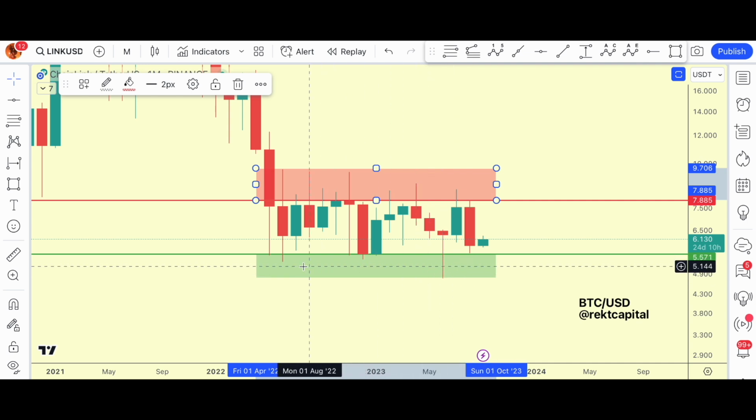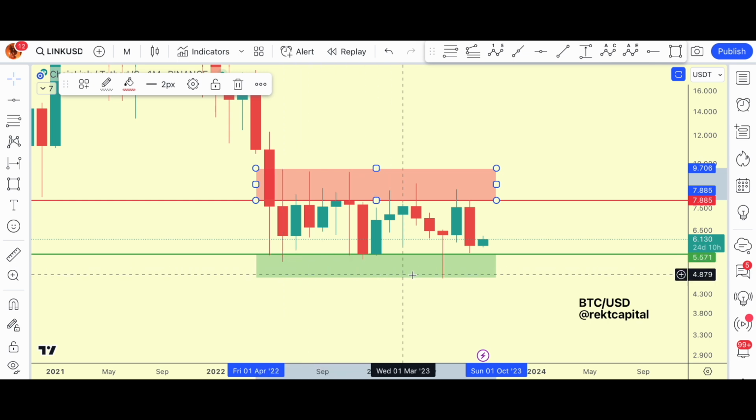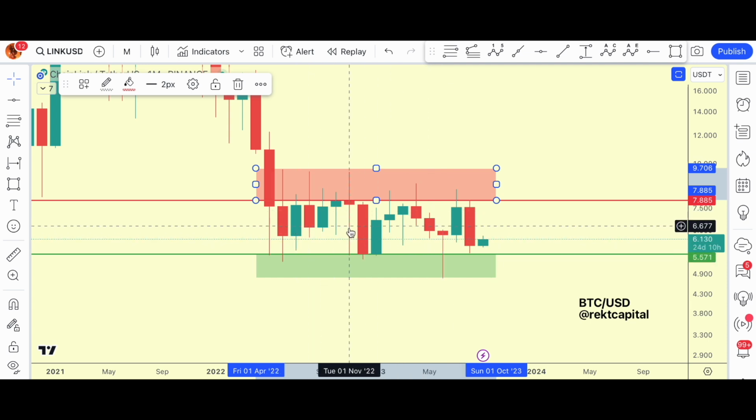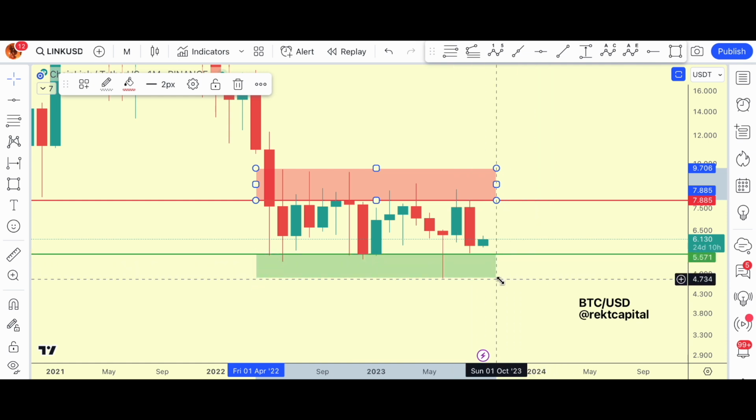So that's essentially where maximum pessimism exists. That's where nobody wants to be buying. That's where people think that this range, after months and months and months of sideways action, is finally breaking down, and that we're actually going to see lower and lower prices. Just note where this downside wick was in the past: